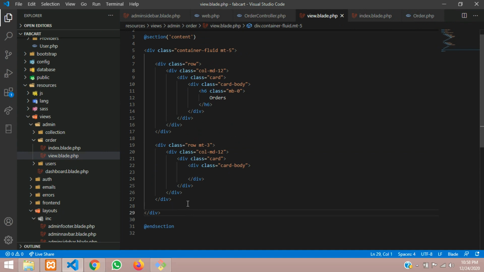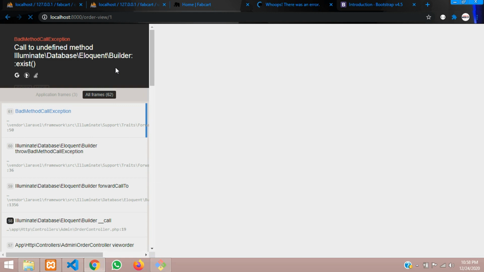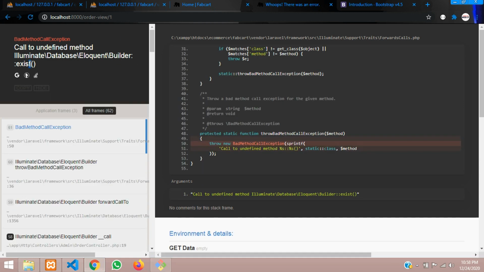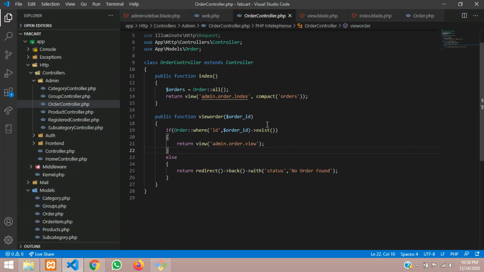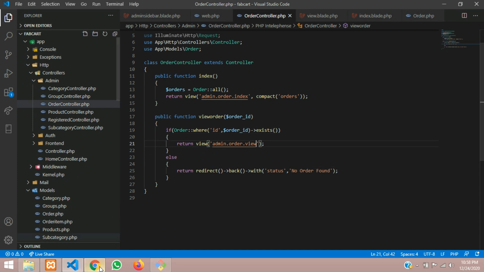Okay, done. Now let me load this page. It's still loading. Okay, exist, the spelling is wrong, so it is showing the wrong function. Where is our order controller? Exists, yes, we have to add that.